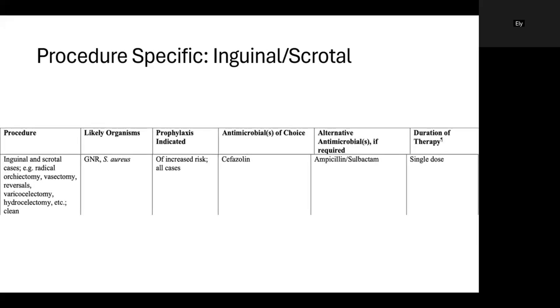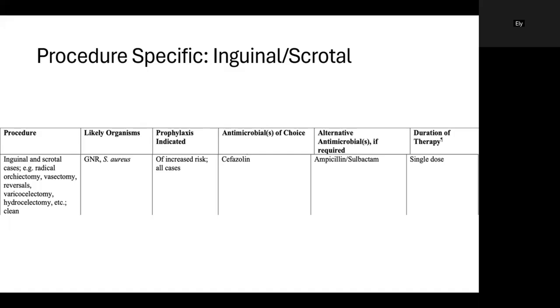Interestingly enough, unlike simple penile cases, inguinal scrotal cases that I thought would potentially be relatively simple, such as radical orchiectomy, vas reversal, or hydrocelectomy, do entail a higher level of risk and require prophylaxis in all cases. In these cases, ANSEF or cefazolin is the first line. We can use ampicillin sulbactam as a second line if we'd like. And these are indicated for up to a single dose. And like I said, all cases should be covered in this way. I don't believe vasectomy itself falls in this class either. It's, I think, an important distinction over here. Those don't need